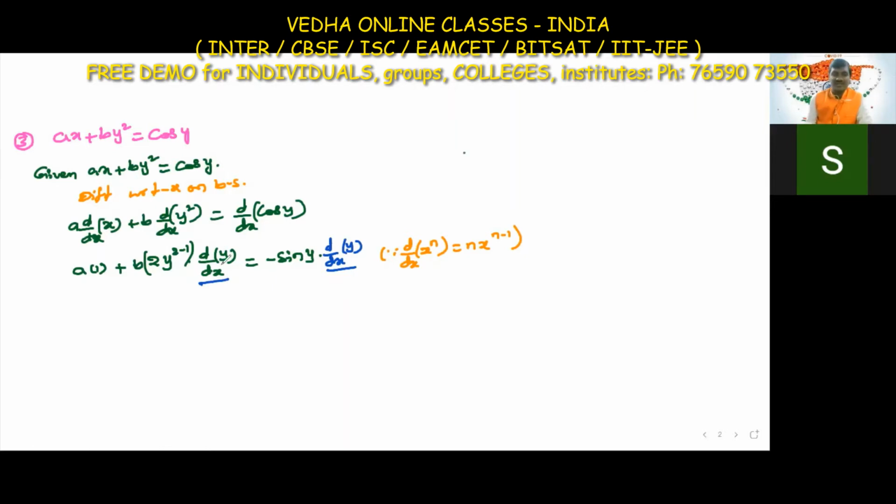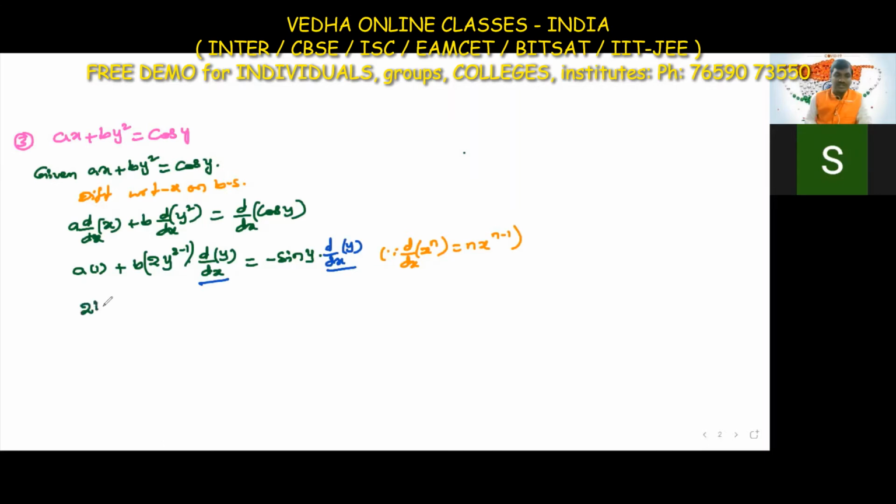And in place of x we have y, so we are differentiating the y function again. Okay, yesterday we discussed chain rule, internal derivative. In place of x, if we have some other function, we differentiate that function again. Okay, so here, we separate the dy by dx terms and other terms.